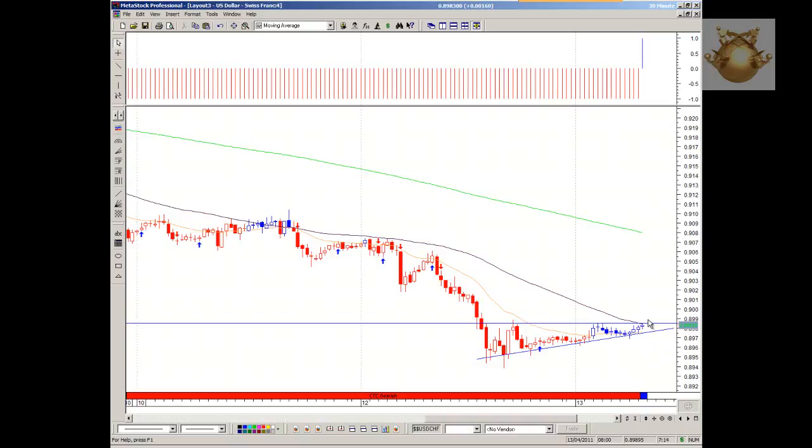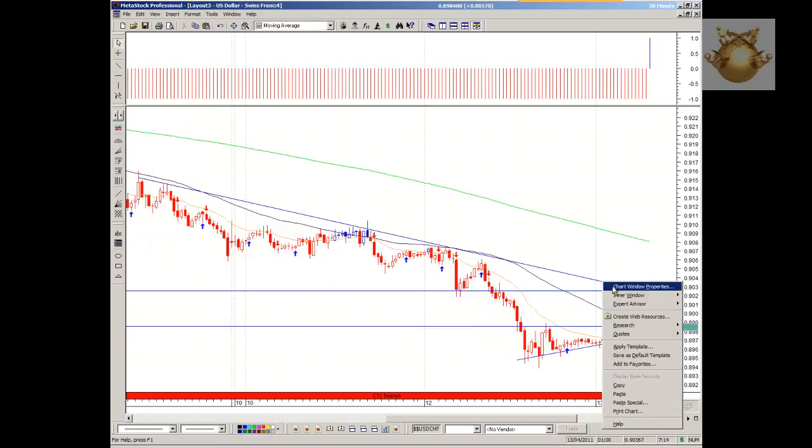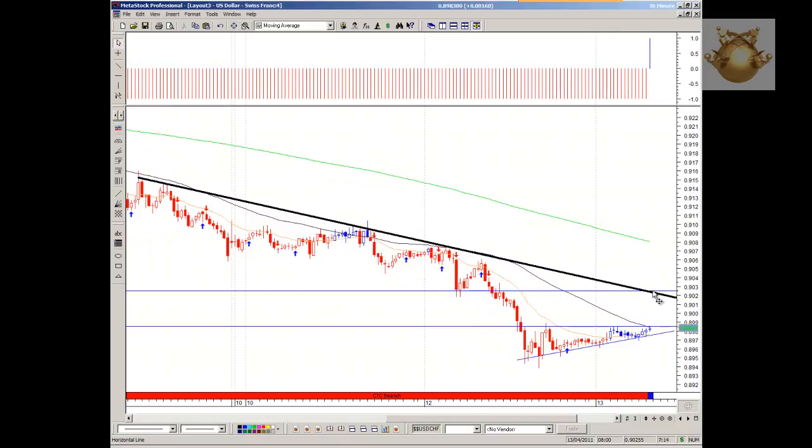However, if this area over here is broken and price closes higher than at least 0.8990, it could be an indication that we're seeing a consolidation on a bigger time frame taking place at that level that we've been to in the past, and we could see the likes of the prior breakout area here, 0.902550, being retested. Then you can see the major trend line for this chart